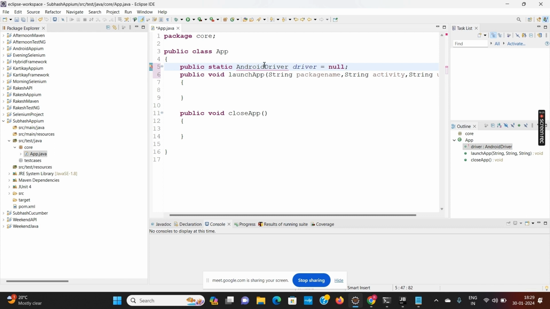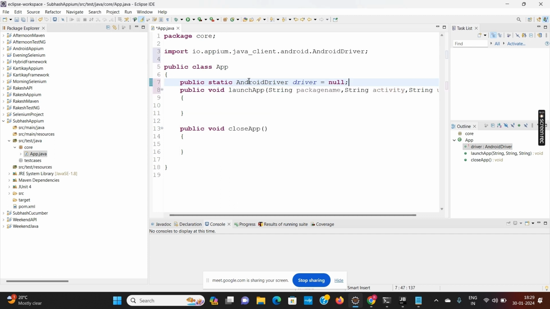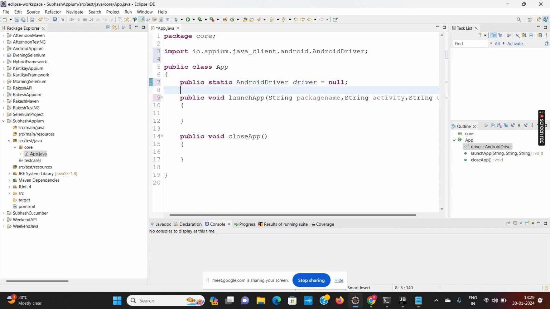Like I was using WebDriver driver is equal to null, similarly I'm using AndroidDriver driver is equal to null.